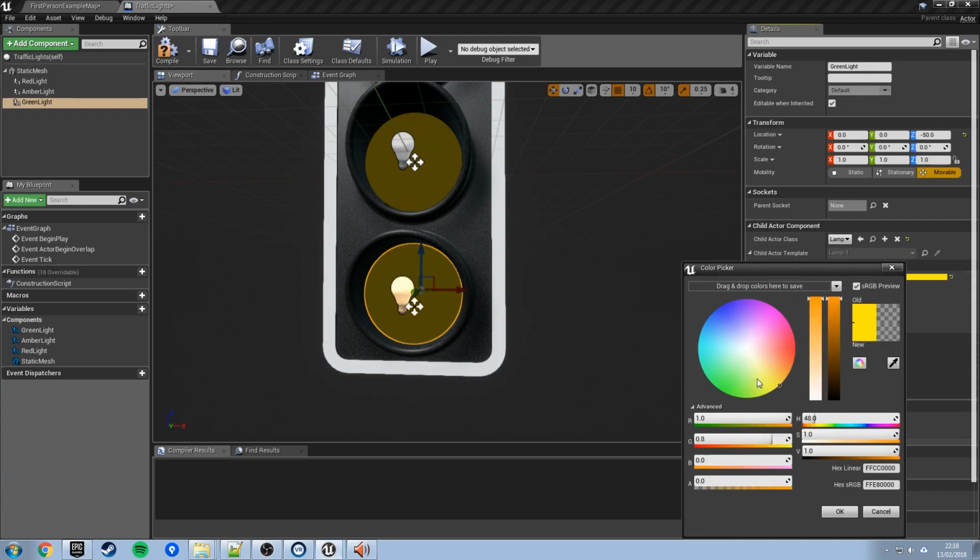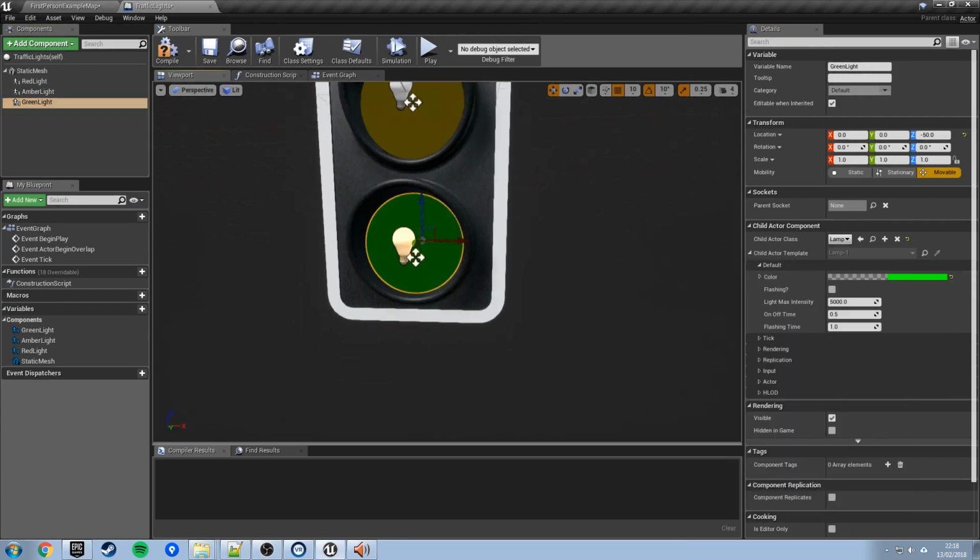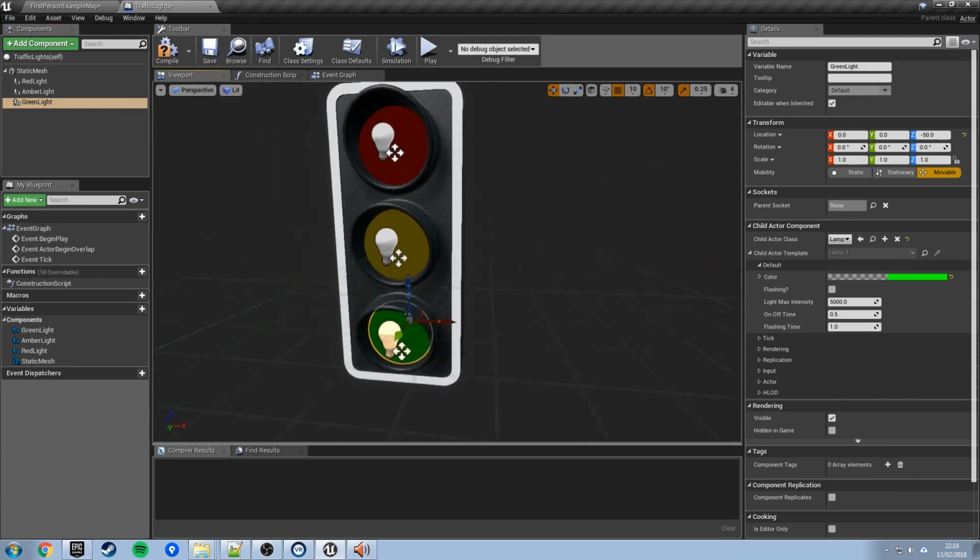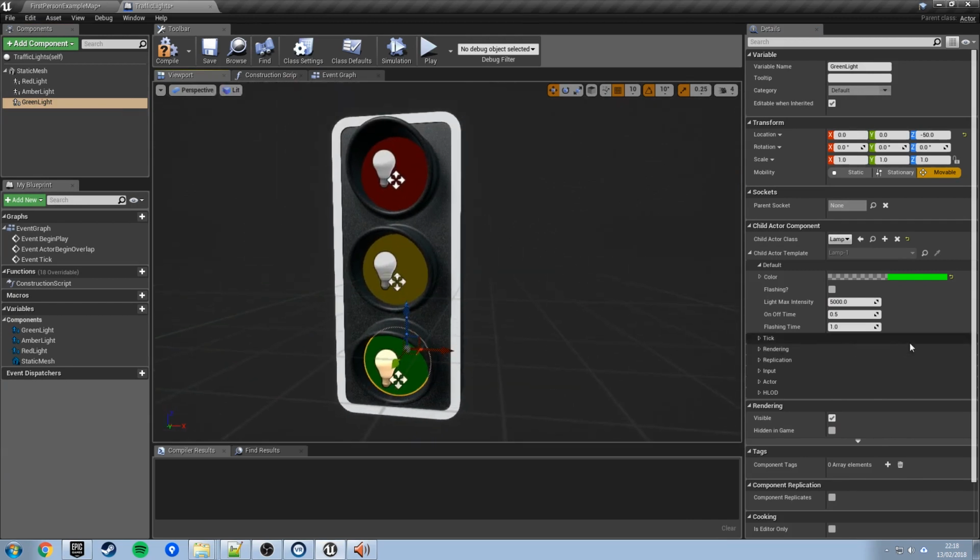And again, we need to go in and change the color to be, I'll have that as full green, so no red, full green, no blue. Okay, so that's how we can really quickly reuse components as child actors to get different effects that we might want. Now, just for the blueprint in this, we need a similar thing. We don't need a timeline, but we do need a couple of functions, events and variables. So over in the event graph,